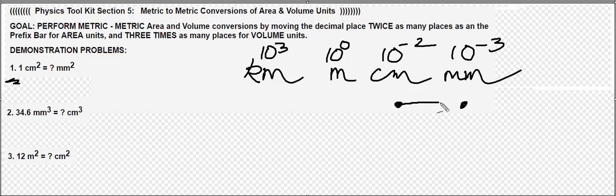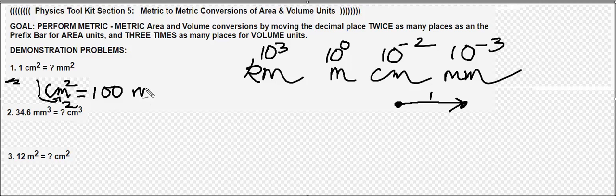The decimal place will go to the right. If this were centimeters to millimeters, the decimal place would go 1 place to the right. But this is area, square centimeters to square millimeters, and so the decimal place goes 2 places to the right. Therefore, 1 square centimeter is 100, 2 places to the right,